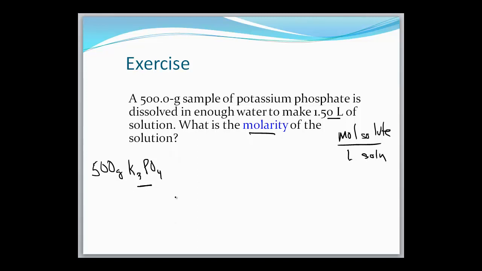So that is our solute, so we need moles. So let's convert from grams to moles. So that's 212 grams K3PO4 per mole K3PO4. Finish off the math there. We get 2.36